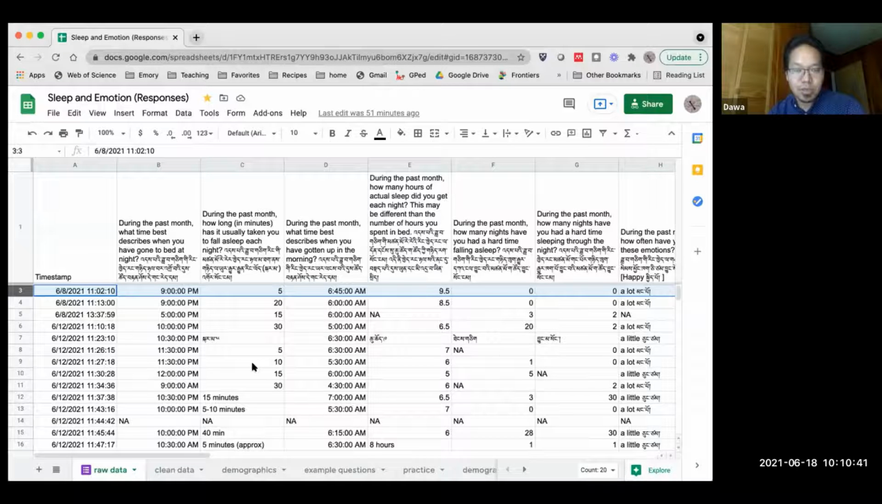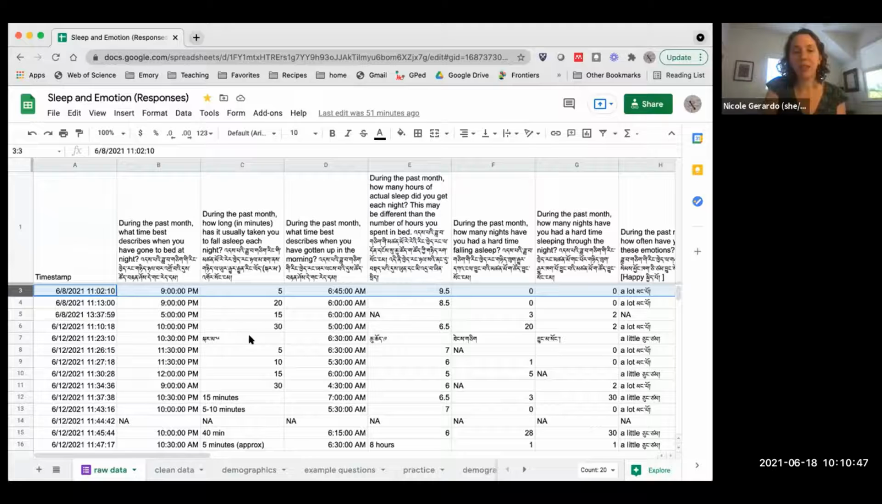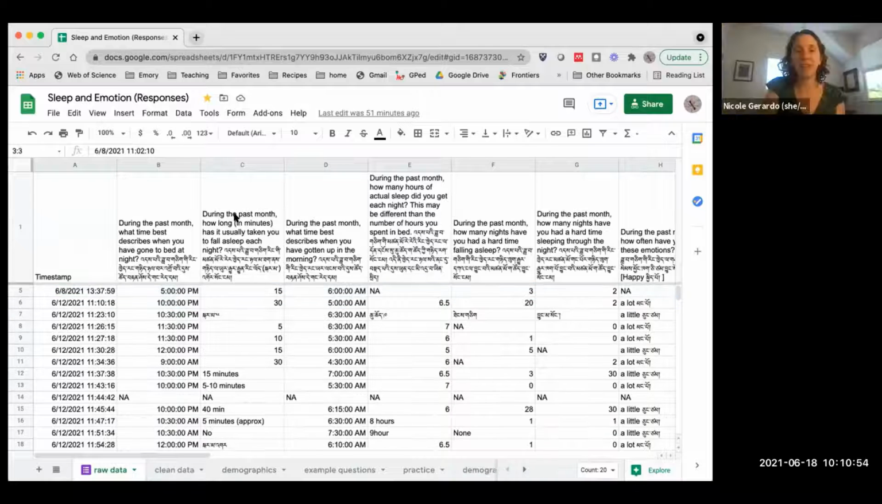So if you look here, so each of these, can you see my arrow? Oh, yes. Right. So each of these is called a column, right? And this is the information on during the past month, how many minutes did it take you to fall asleep? And some people used a number, some people wrote an answer in Tibetan, and some people wrote an answer in